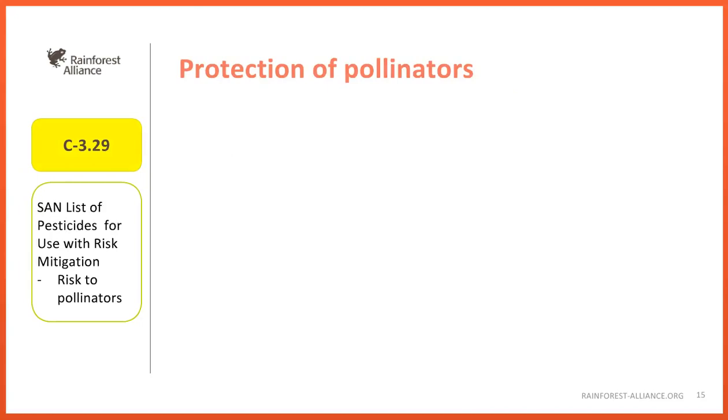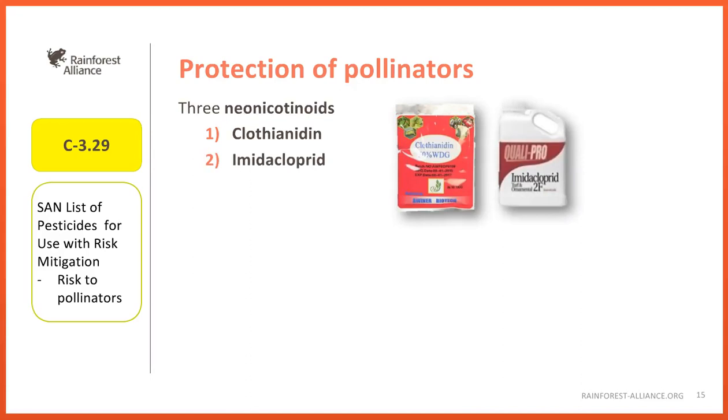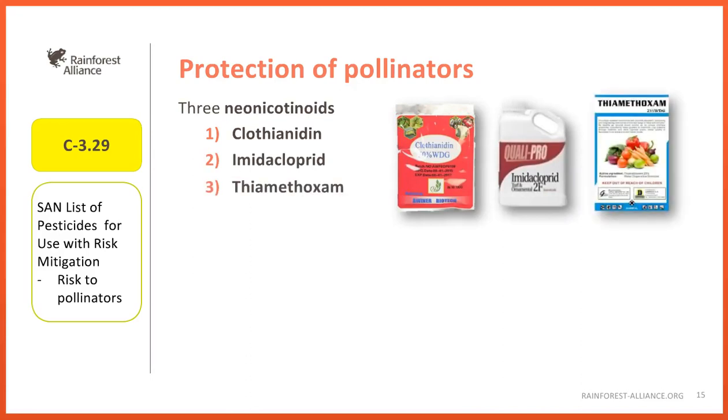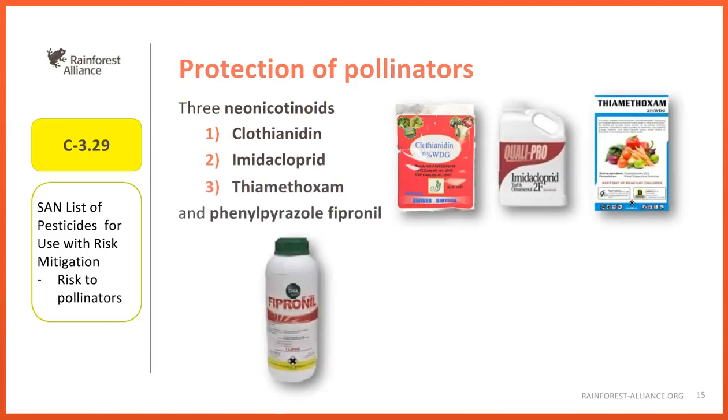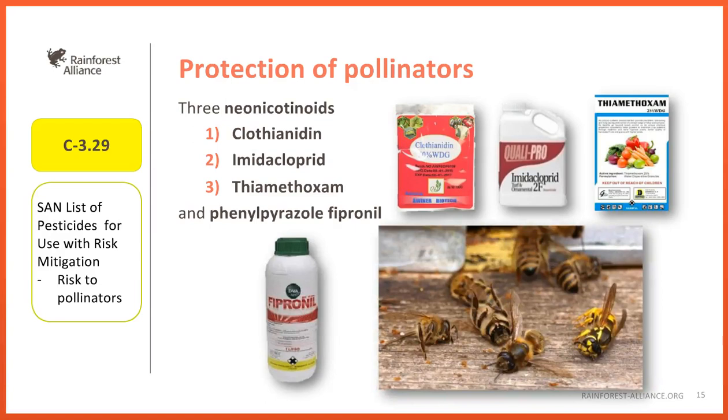There are special considerations for pollinators. The SAN list of pesticides for use with risk mitigation contains 4 active ingredients that pose risks to pollinators. They are clothianidin, imidacloprid, thiamethoxam, and phenylpyrazole fipronil. When these chemicals are used, the population of pollinators, such as bees, declines drastically and causes serious